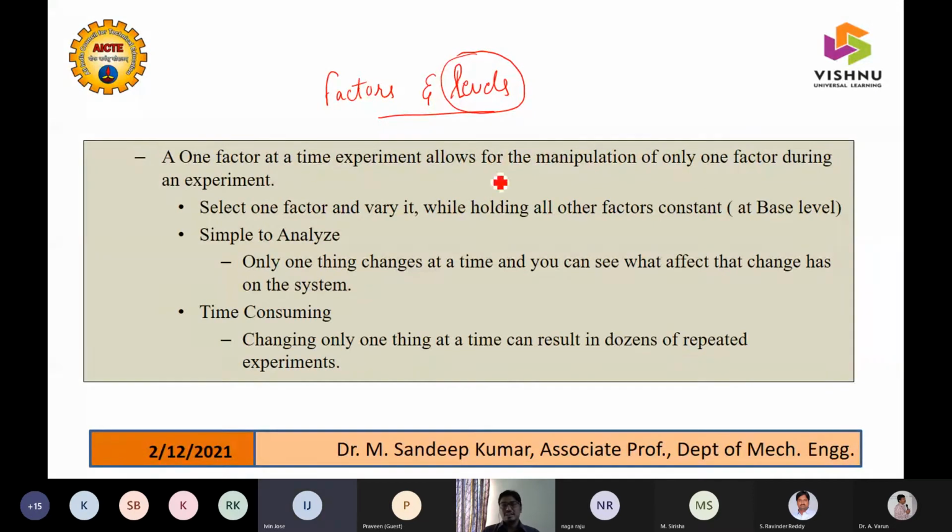One factor at a time allows for the manipulation of only one factor during an experiment. We only manipulate one factor, and all other factors are kept at the baseline. Usually we do one factor at a time for finding the levels, and the others are kept at their base levels. I will also discuss how we can do this. Next one is